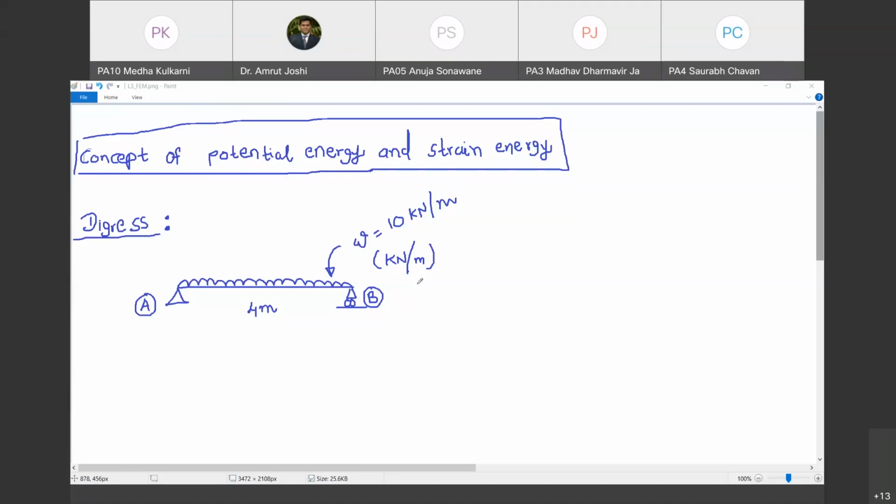Okay. And we have to find out the equation of its deflected shape. So can you tell me how will you go ahead with that task? Yes, sir. We find out the reactions first of all, then we can calculate the moment about A. So I found out the reactions. As there is loading symmetry, support conditions are symmetric, everything is symmetric, therefore reactions are going to be 20 and 20 each. Do you agree? Yes, sir. So done. We have found out the reactions.